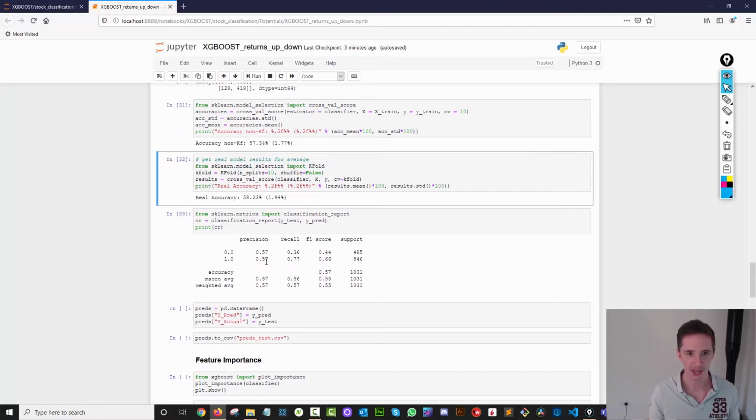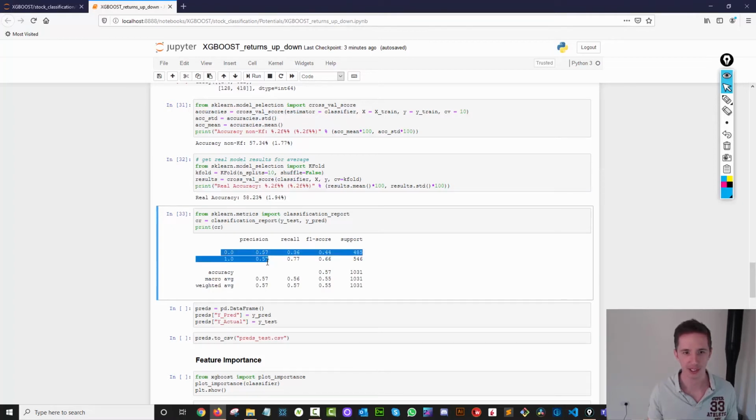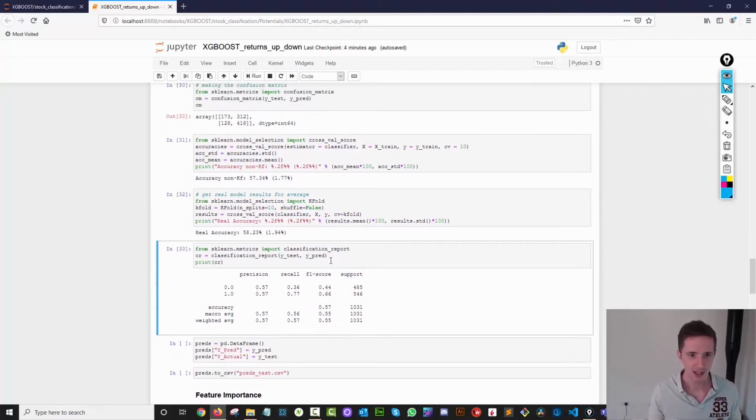Now, if we look at some interesting numbers, the accuracy of this is for both predicting down and up. So if we break up that accuracy between the zeros and the ones, one meaning it will be up, zero meaning it will be down or the same, we have the same kind of accuracy for predicting both of those, which is kind of interesting, but there's more detail to go into here in terms of the classification report, so that any data scientists watching this will put in some really useful comments about how accurate this is in the comments. So that to me is very interesting.